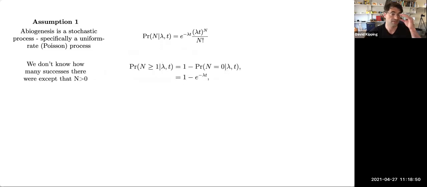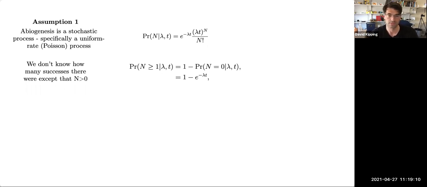Now, we don't actually know how many successes there were. We only know there's at least one. There could have been actually dozens or millions of the things, as far as we know. We can only see one, and even if there were multiple other examples, as Charles Darwin wrote about, they could have all just been outcompeted, and that's why everything seems to be universally related these days.